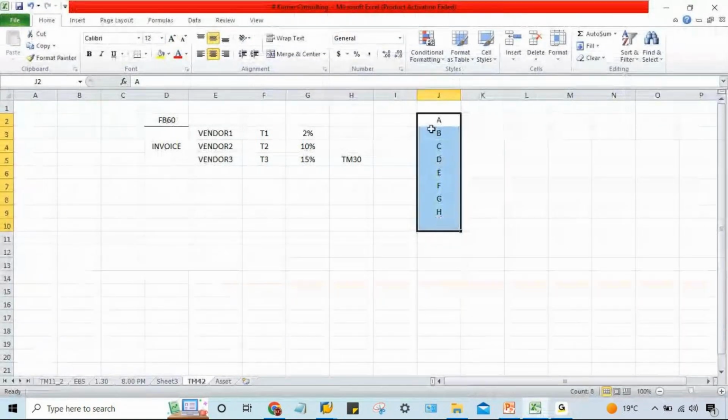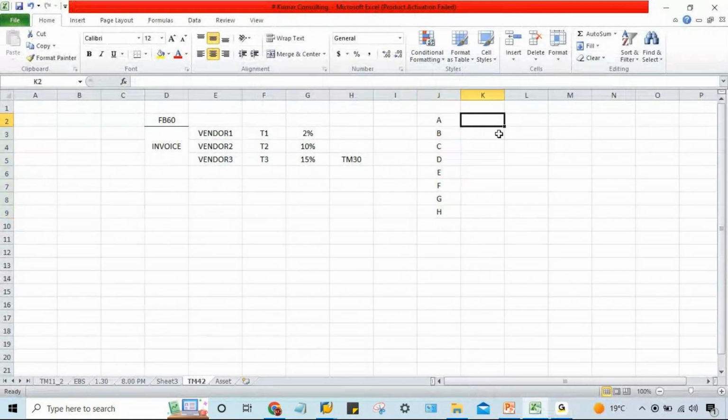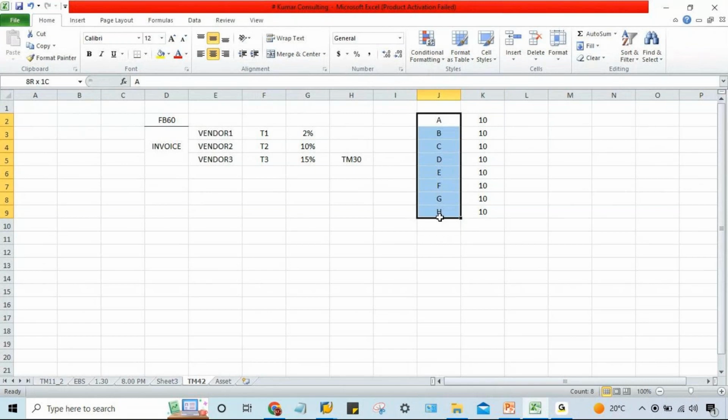So multiple vendors are there, right? And all these vendors are giving us a similar kind of services. So if we talk about the tax code, in the sense if we talk about the tax percentage, it will be the same. Let's suppose 10%, 10%, 10% for every vendor. So for that we have to define a tax code, and that is going to be assigned against these vendors. But out of all these vendors, one vendor has an exemption certificate.